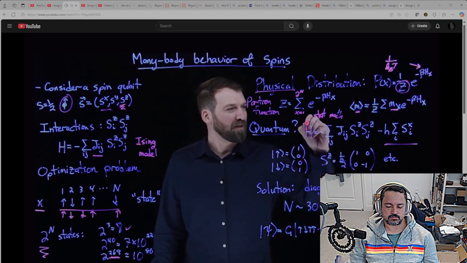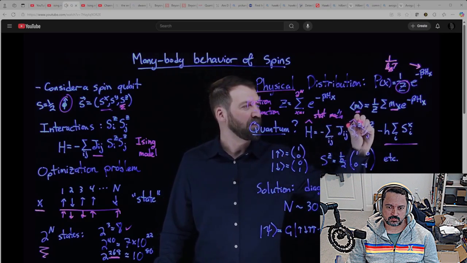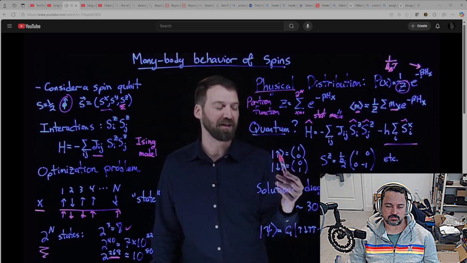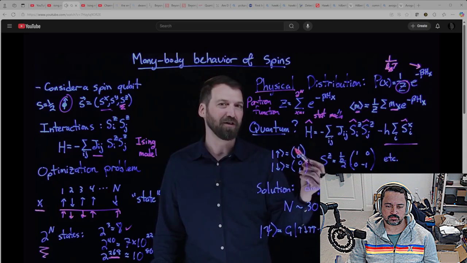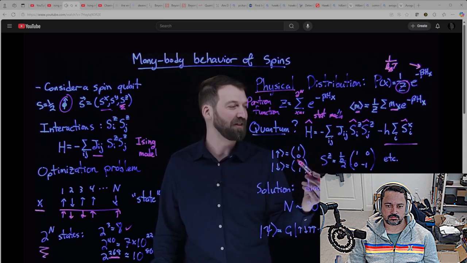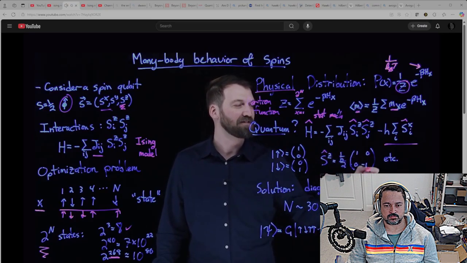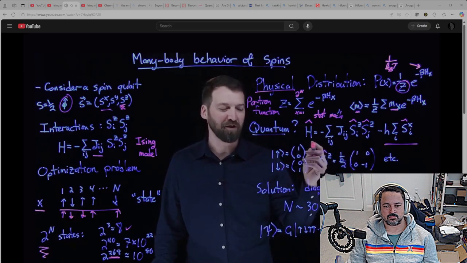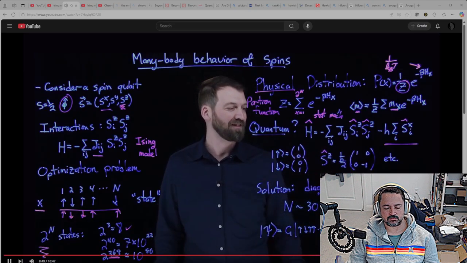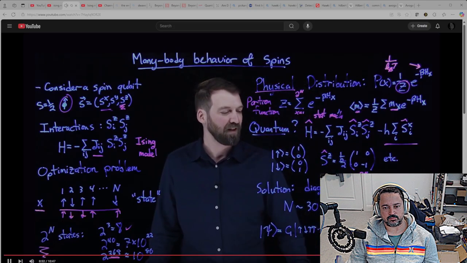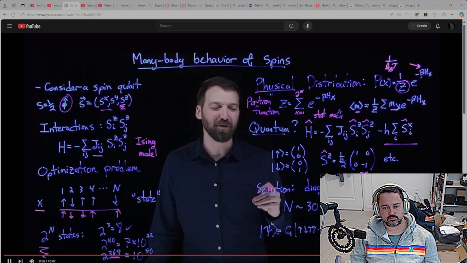So the fundamental difference between quantum and classical Hamiltonians is that these are now operators. The spin states, which I represent as a basis ket, are vectors in this state space, in the Hilbert space. And an operator like the SZ operator is a matrix. So this object, this quantum Hamiltonian, is a very large matrix. It's actually a matrix of 2 to the n, which is the size of the Hilbert space, times 2 to the n. So the solution, if you will, of the quantum many-body problem is essentially diagonalizing that